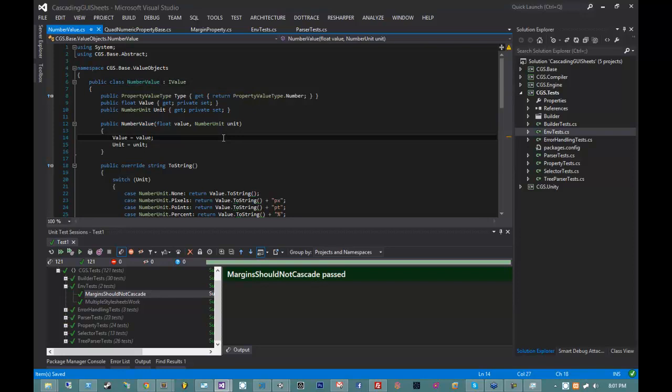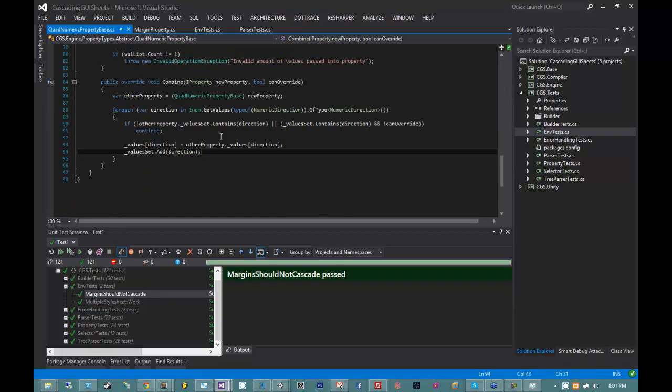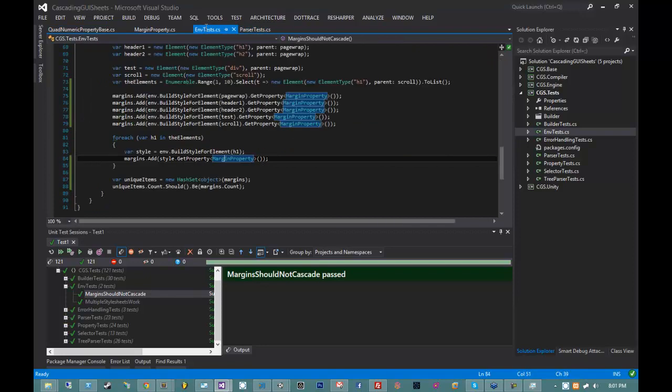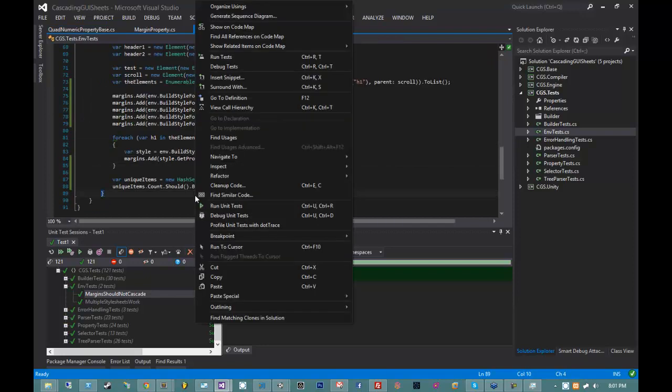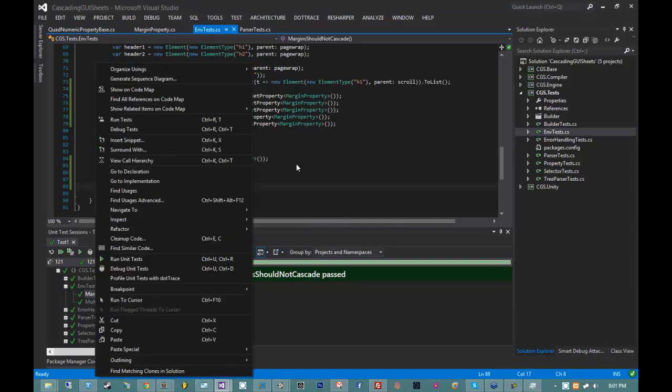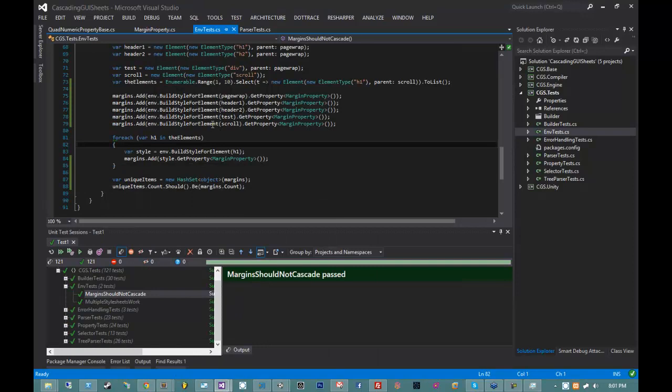There's no way that number values should be able to be changed. So that can't be a reference issue. It's still concerning, though,